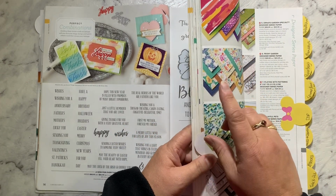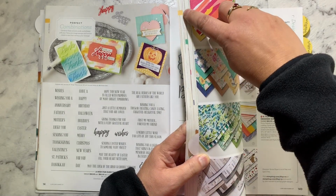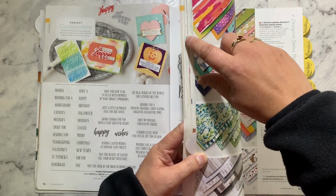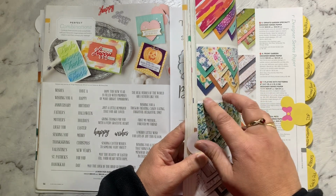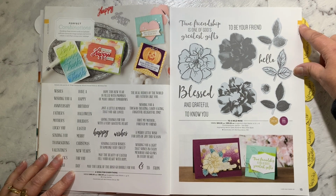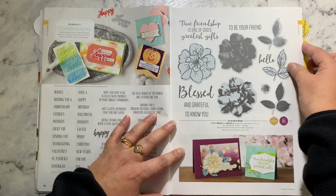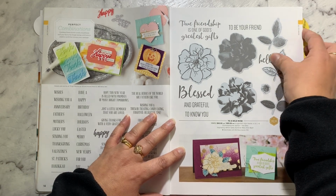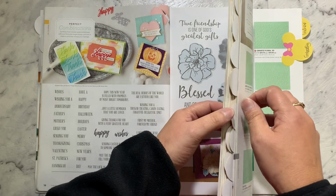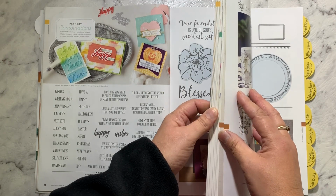Now, one other thing I wanted to point out to you is these little markers here on the sides of the catalogue. What these are, it indicates a section. So here, the all occasions one is marked in the yellow, and so the catalogue is broken up into 6 different sections, so that you can, what the sections do is help to